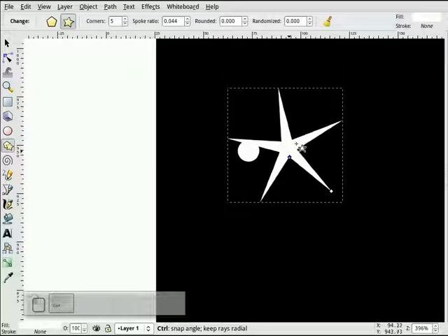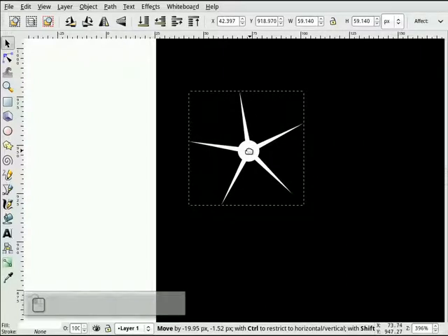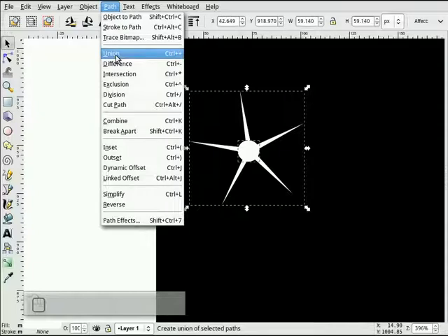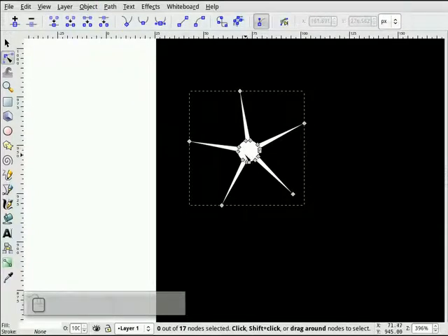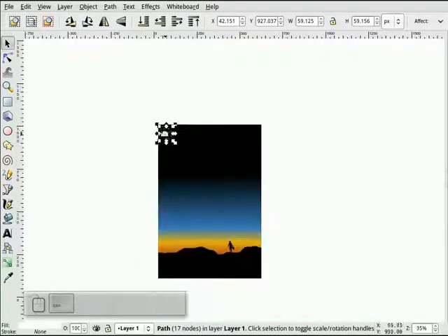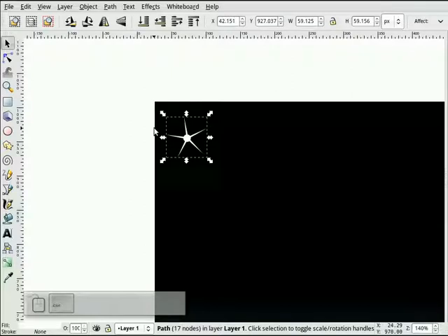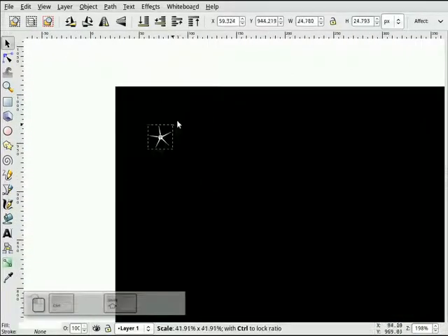So for now, I'm going to create something like this, and I'll put this kind of over top, just roughly. And what I'll do is I will highlight both of them and choose Path Union, and that just makes the whole thing one object. Okay, for my purpose. So next, I want to. Now, how do I randomize this? Well, using the clone tool, what I can do is, first of all, I'll make this a little bit smaller,